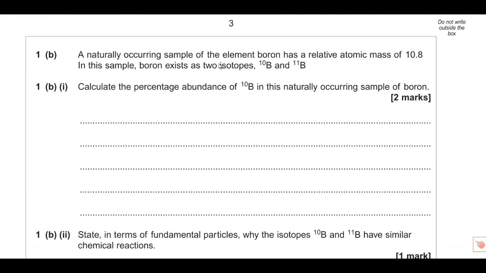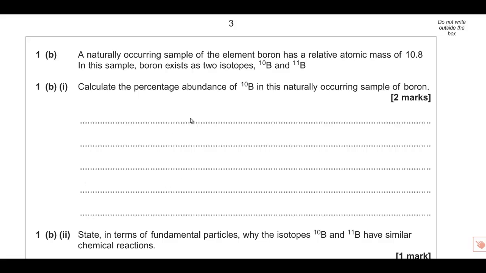So, a naturally occurring sample of the element boron has a relative atomic mass of 10.8. In this sample, boron exists as two isotopes, boron 10 and boron 11. Calculate the percentage abundance of boron 10 in this naturally occurring sample of boron. Now, looking at the numbers here, there are a few ways of doing this. I find it very hard to explain how to do this, it's one of those where you just get a feeling for it. And if you think about it as,